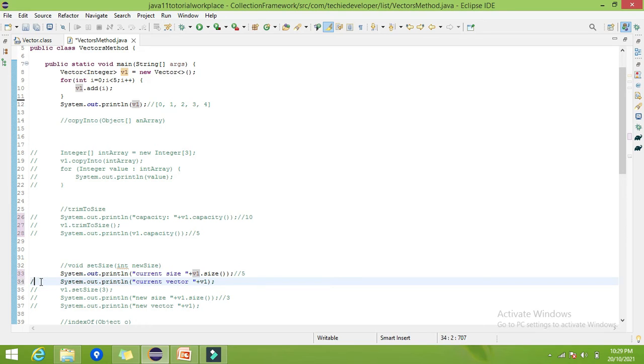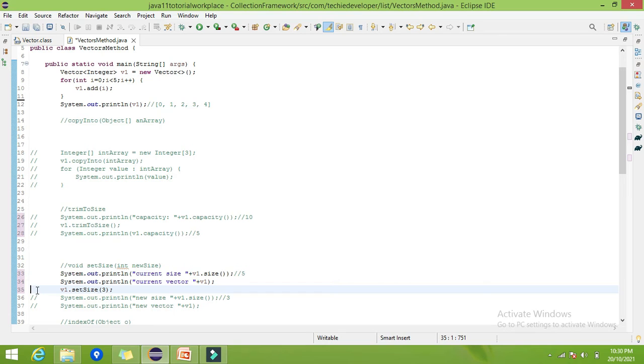I have written this only for demonstration so that you can get a clear picture. So I am printing the current vector. Now I have used the method v1.setSize. The current size is 5, and now I am setting the size to 3, meaning I am reducing the size.